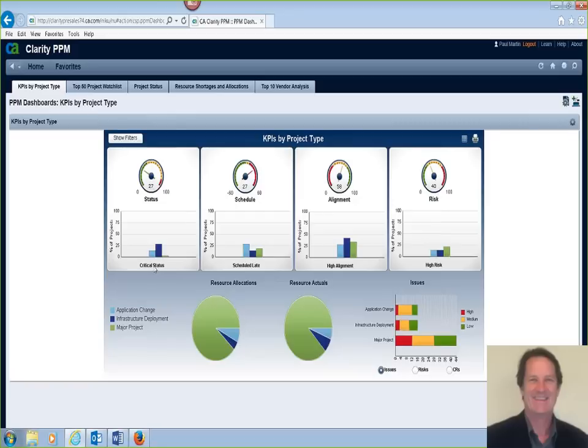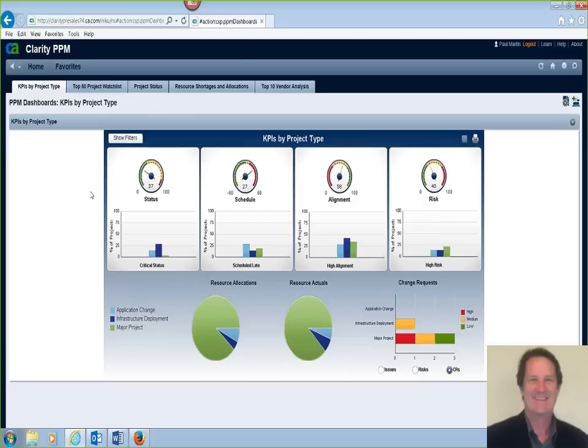It tells me, critically, where do I stand in terms of status of these projects by KPI project type. And also, at a high level, what's the overall look at issues, risks, and change requests on these project types? Again, a high-level look at these project groupings.